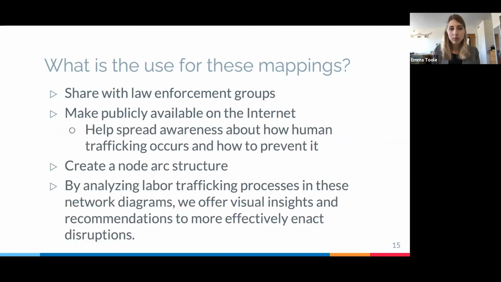Additionally, we want to make this publicly available on the internet by the end of our research project in 2023, which can obviously help spread awareness about how to prevent human trafficking and how it occurs by analyzing these mappings. Additionally, some other people on my team are using my mappings to then analyze further and create a node arc structure. And overall, by analyzing the labor trafficking processes in these network diagrams, we offer visual insights and recommendations to more